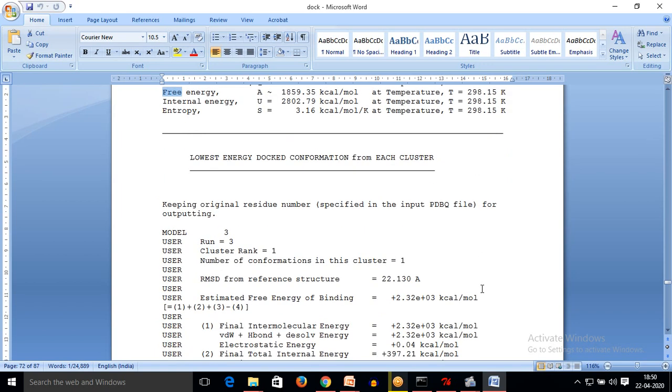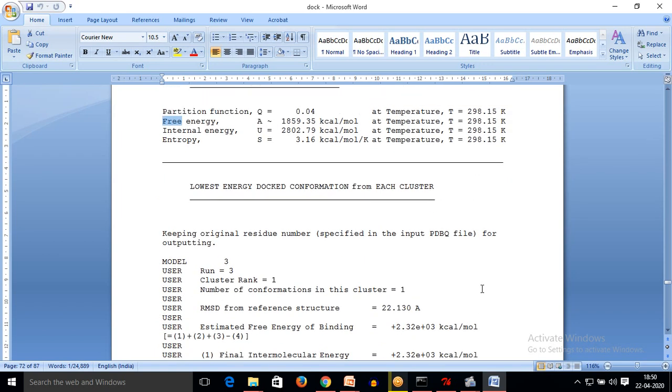Now these data definitely help us to understand and calculate the inhibition constant of this ligand towards the receptor.